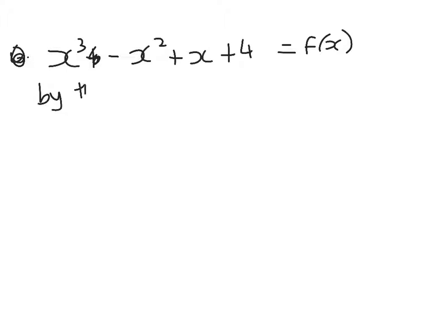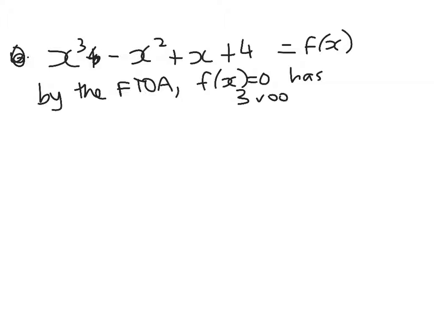So what have we got? x cubed minus x squared plus x plus 14 is equal to f of x. So when that equals 0, what do we have? Well, by the fundamental theorem of algebra, f of x equals 0 will have 3 roots because the highest power is 3. So what we can do now is to factorise, and we're going to have x cubed minus x squared